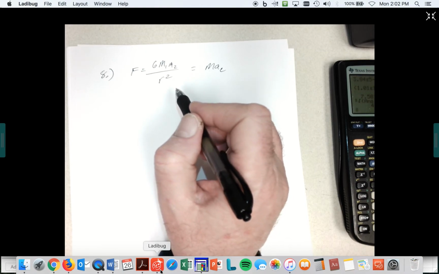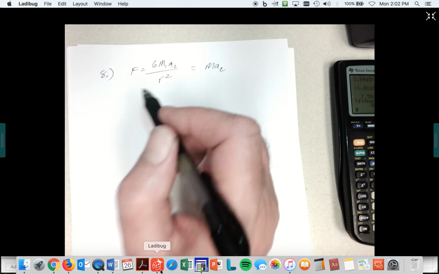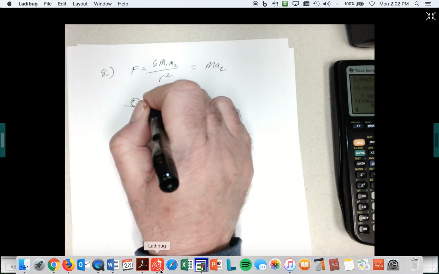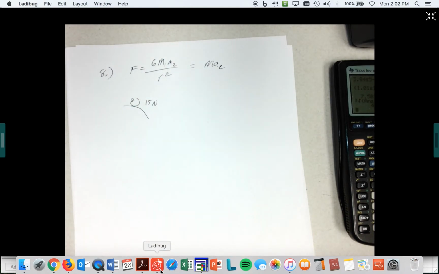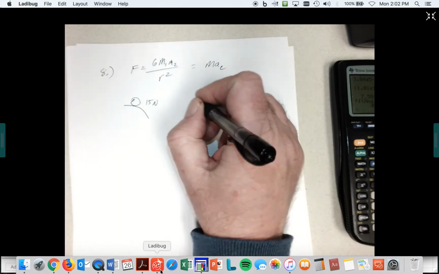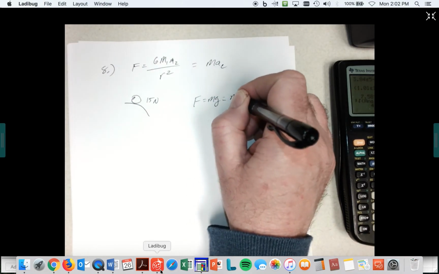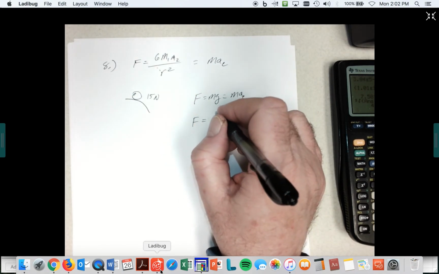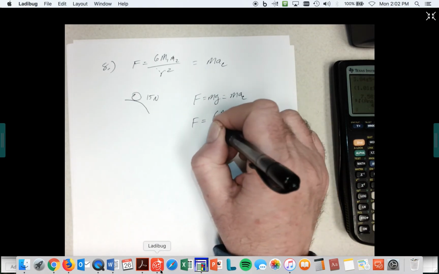All right, it says, what happens to the force on a planet, or say you've got a rock sitting on Earth, and it's got a weight of 15 newtons. Okay, so you've got this rock sitting on the Earth. It's got a weight of 15 newtons. We'll get to problem 8 here in a minute. This is more important. So I've got F equal to mg, which is equal to ma, which is equal to this. And so the force is equal to G, mass of the Earth, mass of the rock,